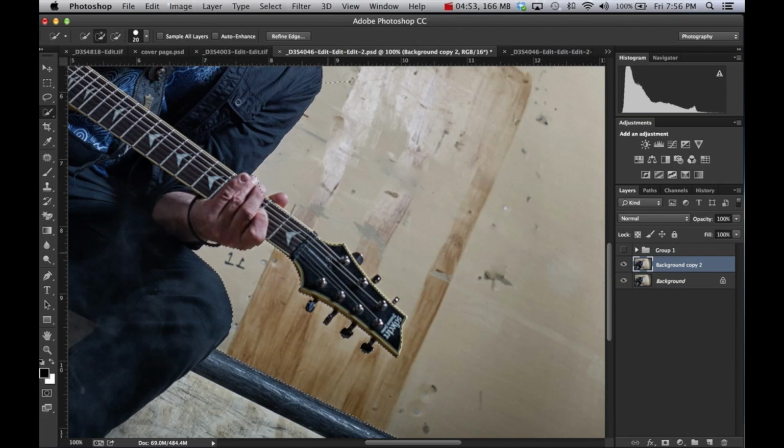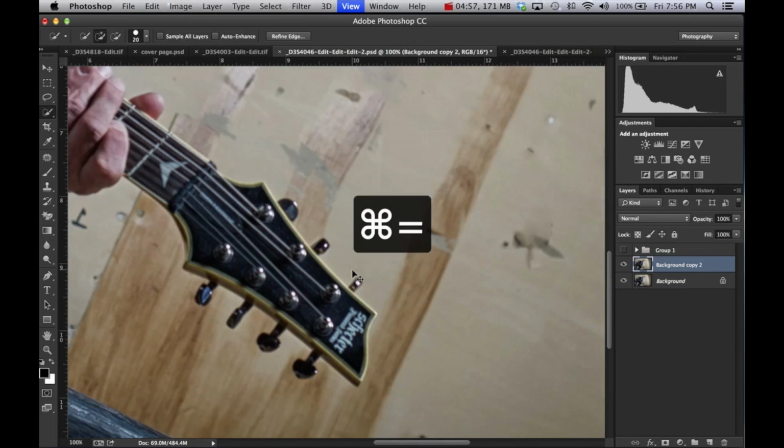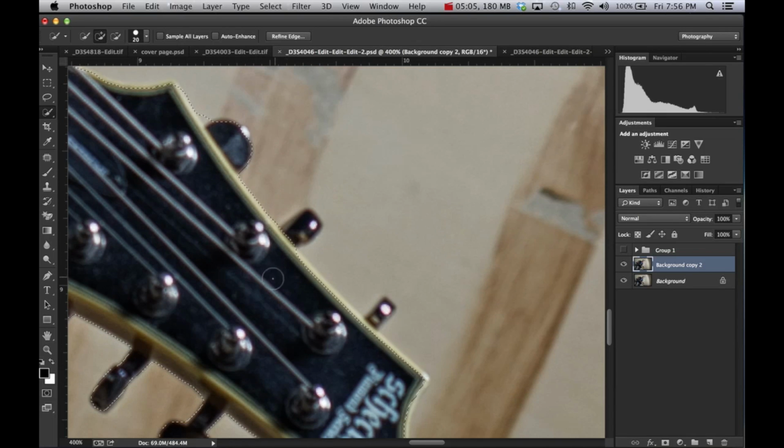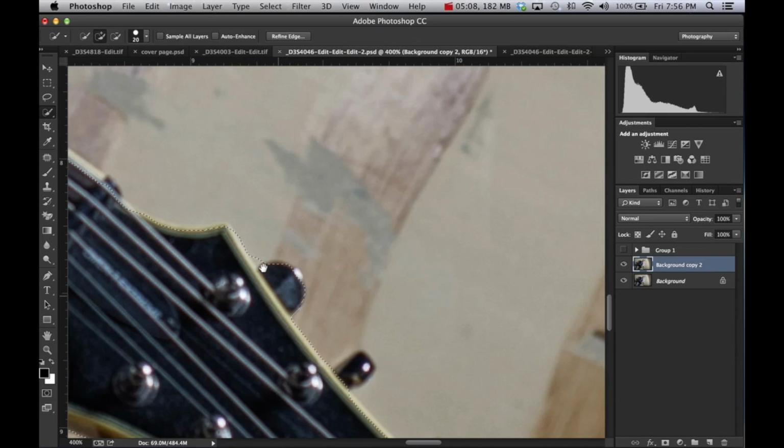So I'm going to show you something here. You basically feather around it, but you see it's not perfect all of the time. Okay, I'm going to use this as an example right here. You could probably go back and forth with this quick selection tool, and I'm not going to go into this